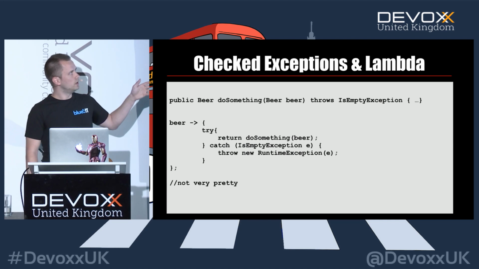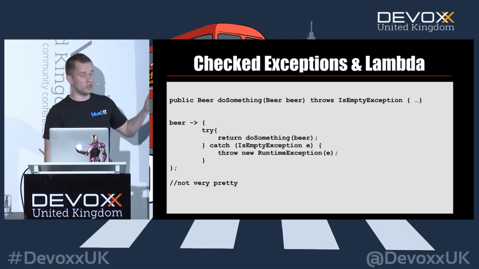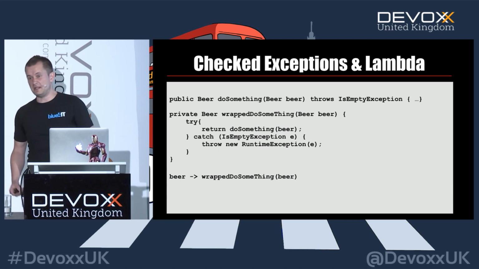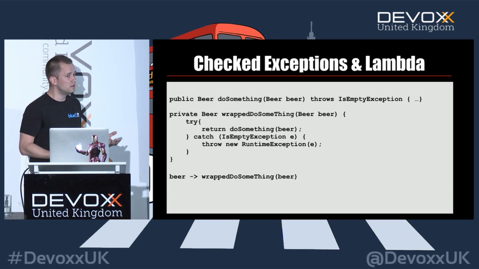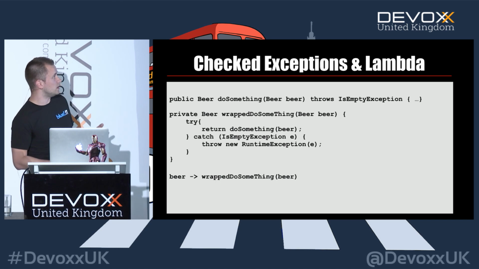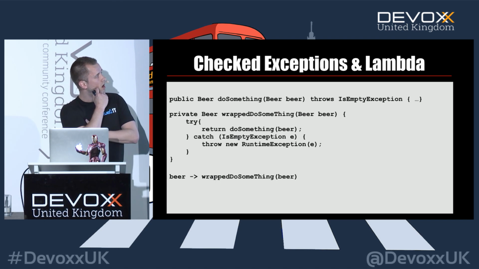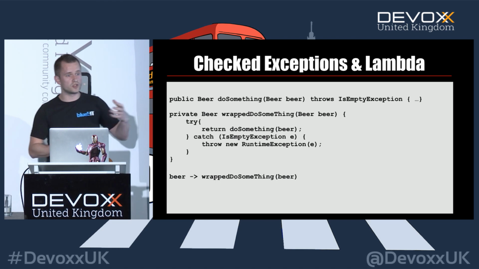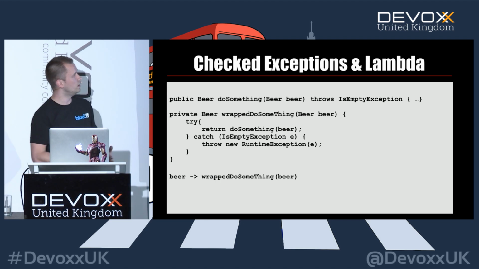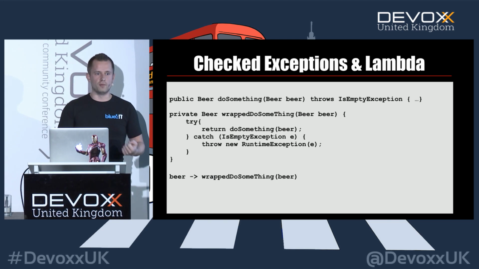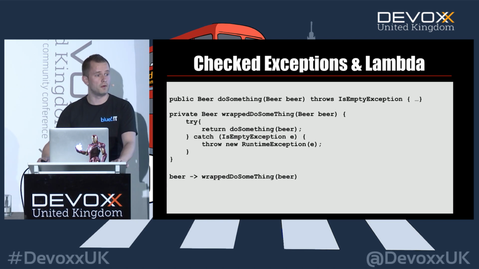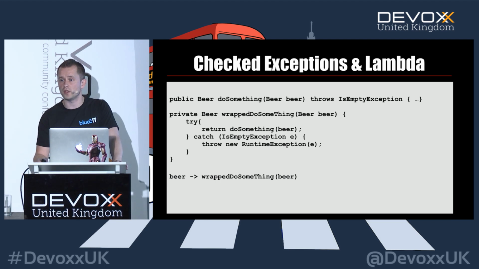What you can do, if you really need to do something with that checked exception, is wrap it into a method, perhaps, and then call that method again. So at least your Lambda is readable and safe and not that verbose, and you leave the verbosity to your wrapper. Very possible if you really need to do something if the exception is thrown.